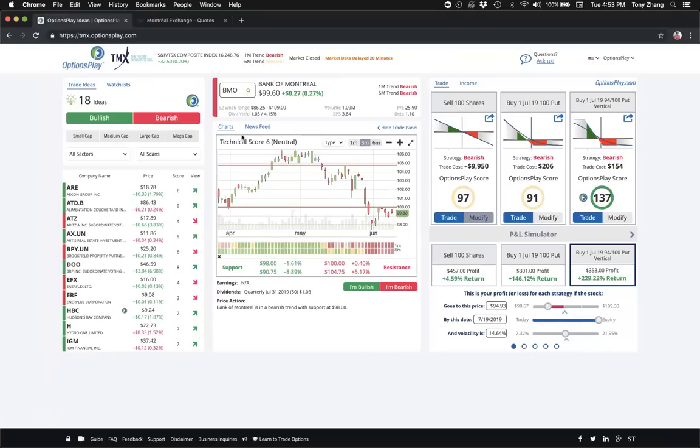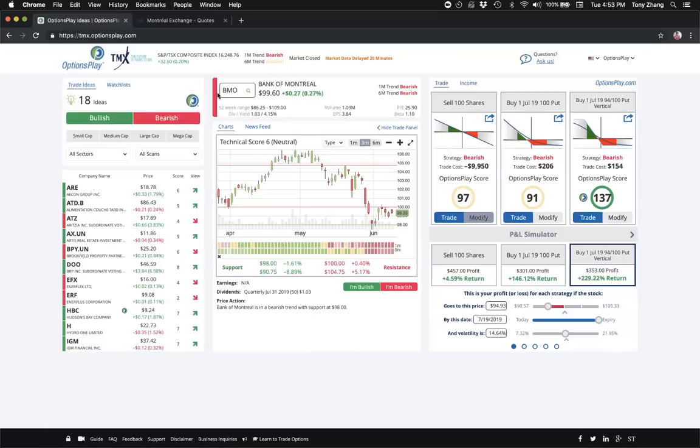It's divided into 3 sections. You have trade ideas and watch lists on the left-hand side. The middle panel is their security analysis panel. And lastly, trading and income here is on the right-hand side. We call these 3 panels the what, the why, and the how of options trading, because when you log in